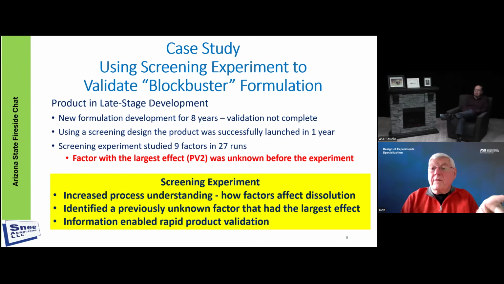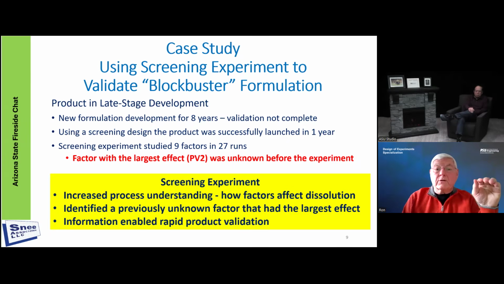Well, they found one factor that had the largest effect, and this effect was totally unknown before they even did the experiment. So by running the screening experiments, they increased process understanding and what factors were having the biggest effect, identified a previously unknown factor that had the largest effect, and the information enabled the rapid product